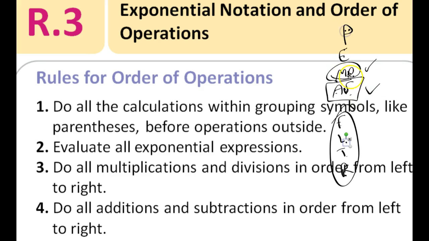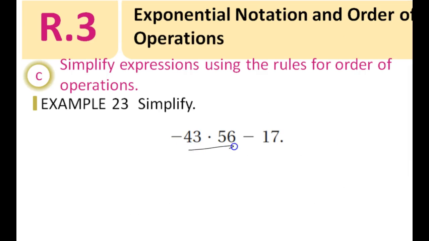So instead of please excuse my dear Aunt Sally, maybe we'll talk about P-E-M-D-A-S or something, because the multiplication and division gets confusing when you say multiply and then divide for please excuse my dear Aunt Sally, because that's actually not true. So here we're going to take care of the multiplication first, which is around negative 2,408, and then I'll lastly subtract off 17